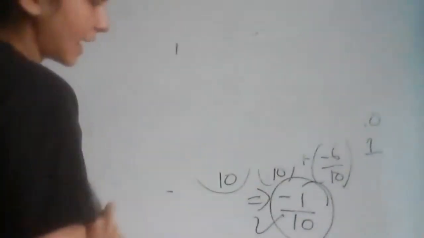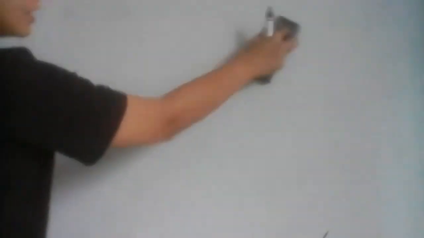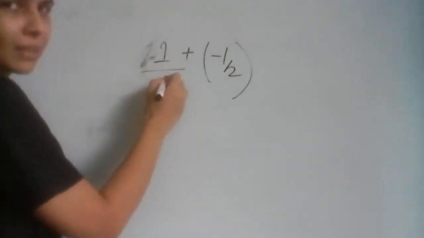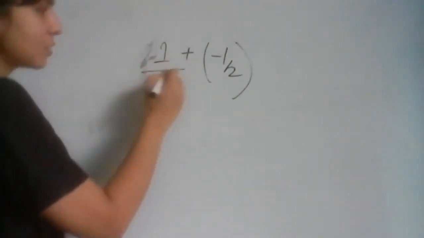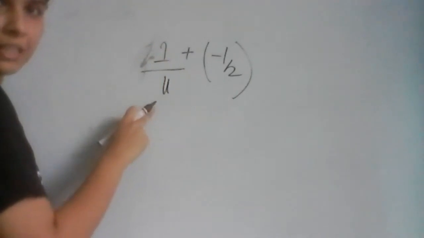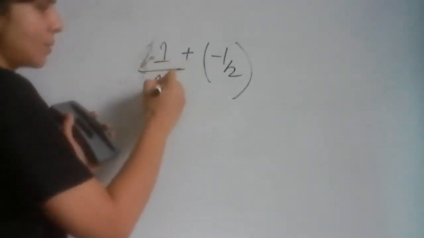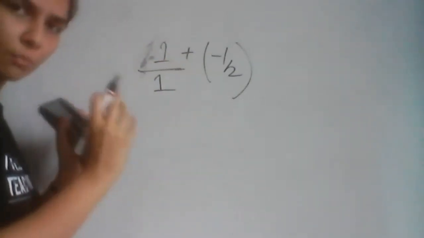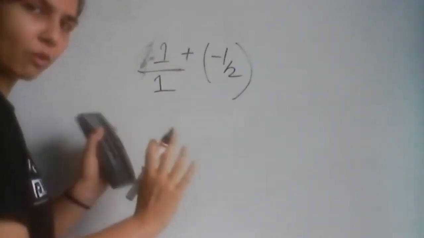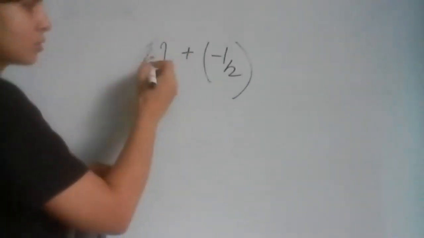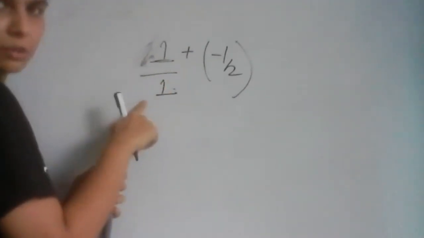This is one doubt I saw. Another thing which I saw in all the assignments was, if I have written 1 plus minus 1/2, here the denominator is 1 only. If there is no denominator given to a number, it's 1 only. So you have to assume that the denominator is 1. We don't write 1 normally, but by default, it's 1. So whenever you solve such kind of questions, you have to assume that it's 1.